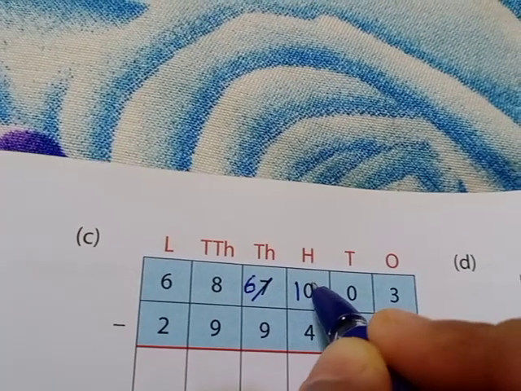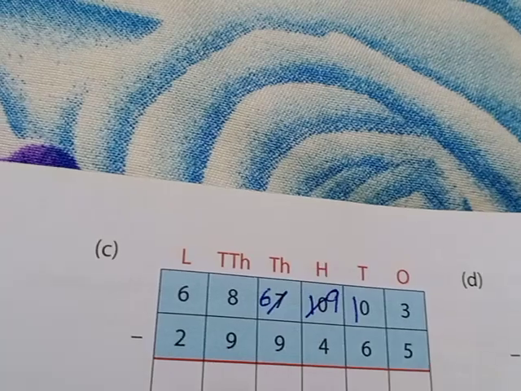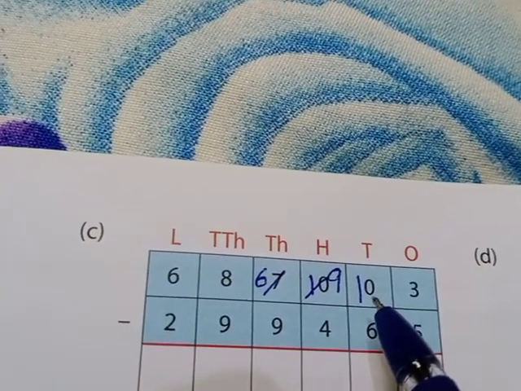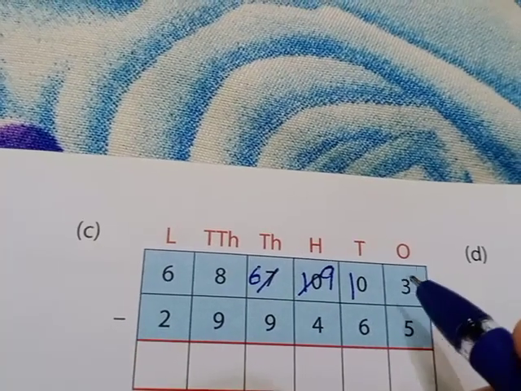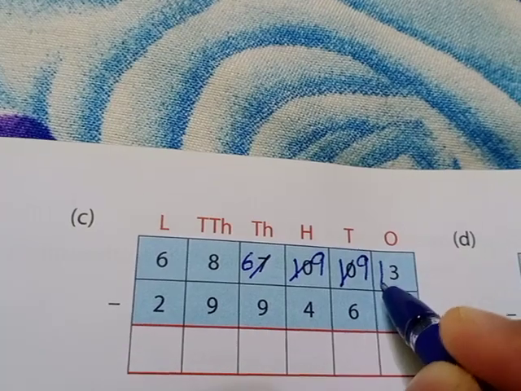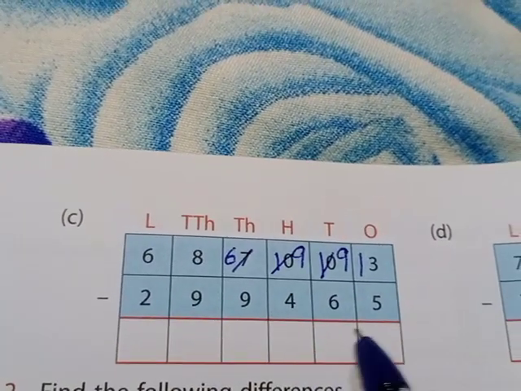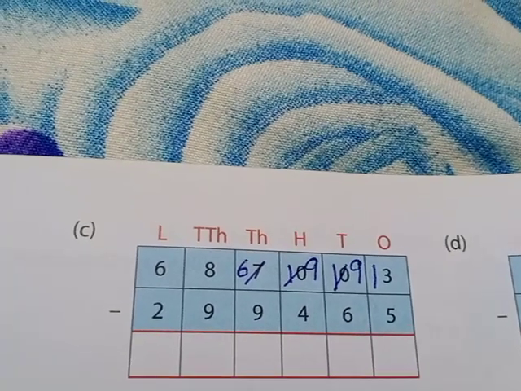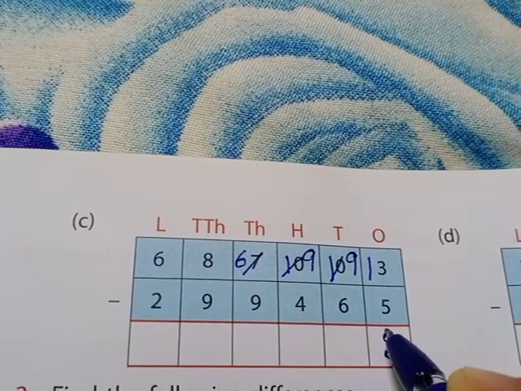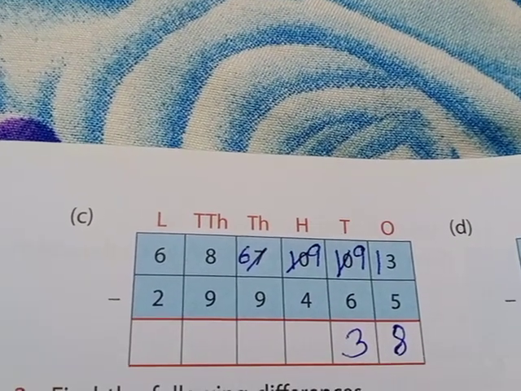Again this 10 will give 1 to tens place. Now this became 10 and it is able to give 1 to this number. Okay, na? So it will become here 9 and this number will become 13. Like this we have to solve. 13 minus 5. You count from 5 till 13. 6, 7, 8, 9, 10, 11, 12, 13. You will get here 8. Then 9 minus 6 is 3. Are you getting this clear?